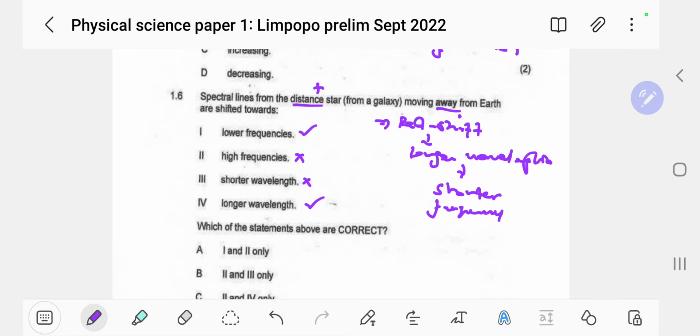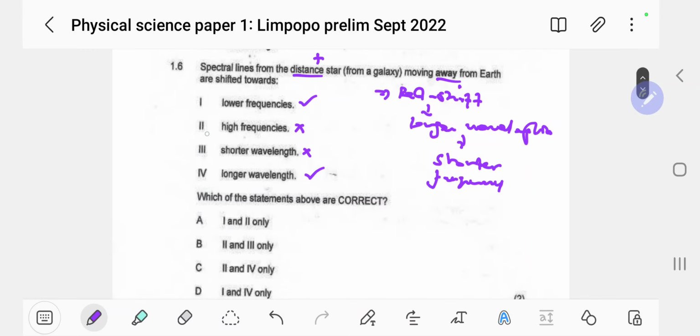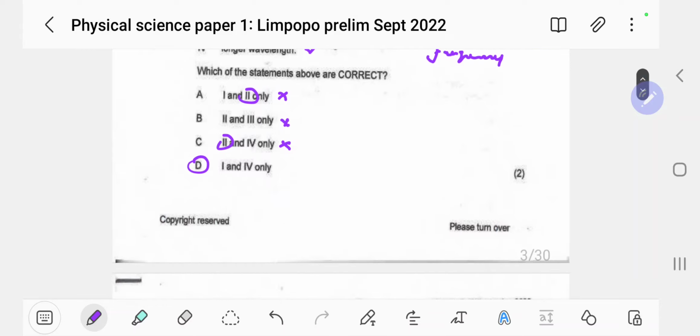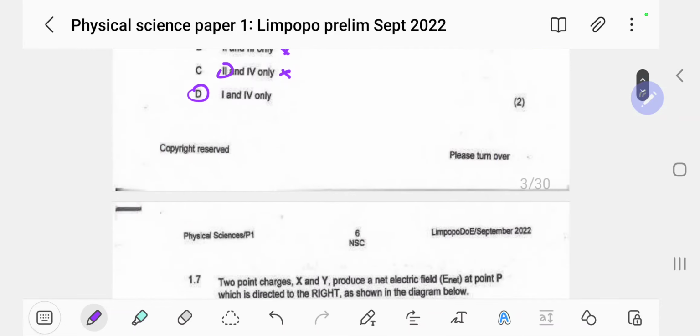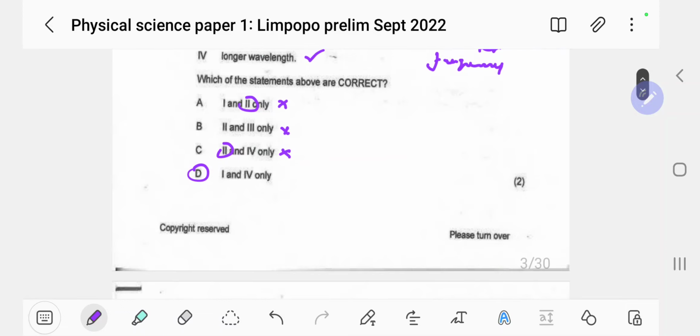So is it 1 and 2? Anything that has 1 can be considered, but because of this one, this is already wrong. Well, 2 and 3, they are together wrong. Now anything that has 4 is correct, but 2 is making it entirely wrong. So our answer becomes D, because we are confident that those 2 are the most important. Again, this is an exam type question that you can find in the finals, so be able to do a bit of a small revision and make a decision. Otherwise, these questions can be easily attempted, although they can pose a bit of a challenge.